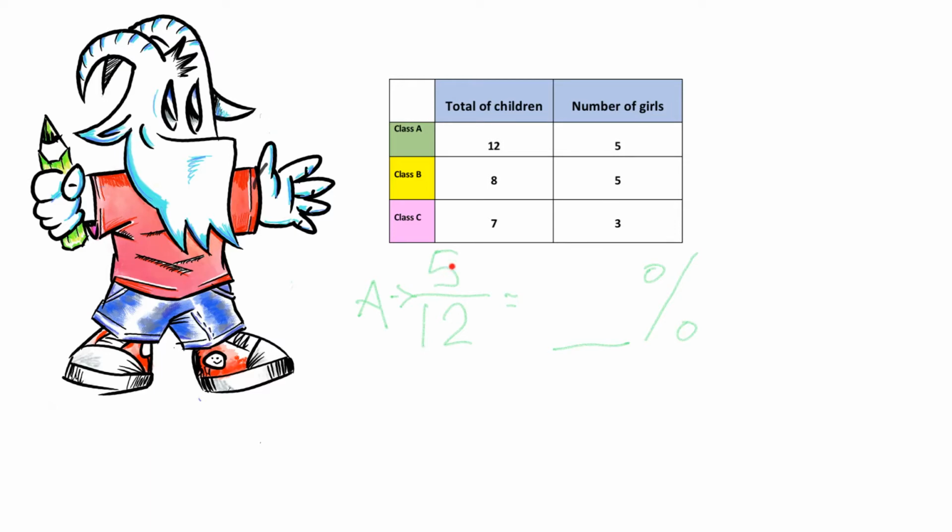And I can't divide 5 and 12 by anything, because 5 is a prime number, isn't it? Therefore, I can't use the usual strategy of turning the denominator into 100. But because I know that fraction means sharing into equal groups, each of the fractions is simply a division problem. So, and if I know that percentage is a fraction with the denominator of 100, I can use the always method